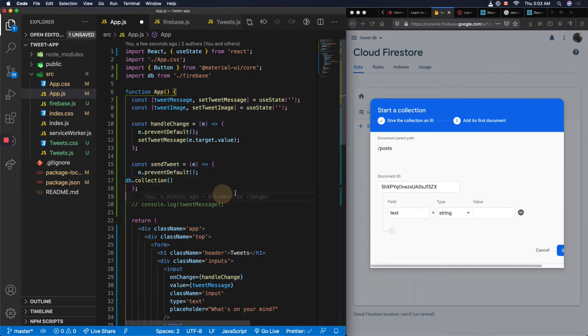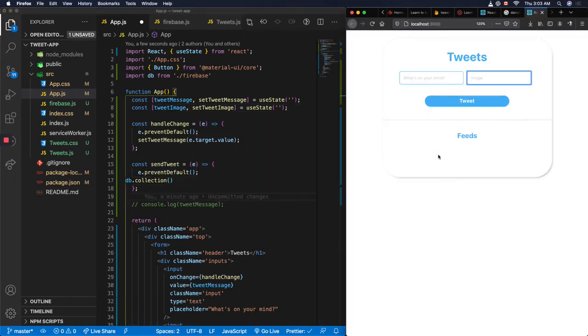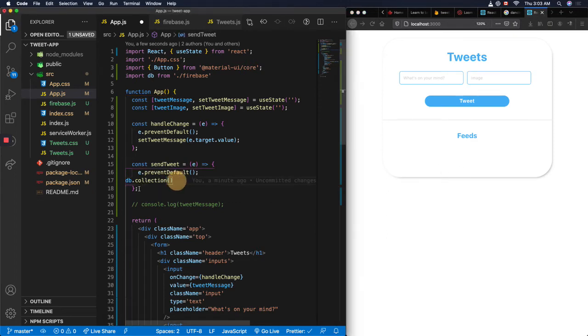So we're going to do something now. We're going to do a hard code. Let's do a hard code so we can see something here before we even try to use the database. So here we're going to say